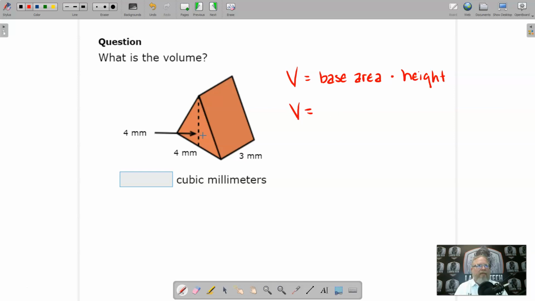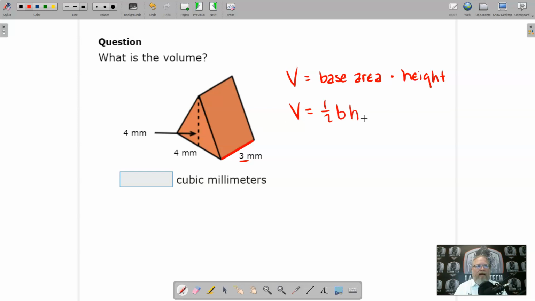So in this case, let's consider what is the base. Well, the base of a prism is the two sides that are the same exact shape. In this case, we have a triangle on this end, and this back side is also a triangle. So the triangle is the base. That means that this is going to be the height of the prism that we're going to use whenever we get to this height part over here. So let's consider what is the area of the triangle. We know that for a triangle, it is 1/2 times base times